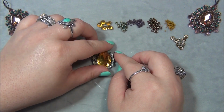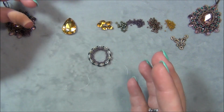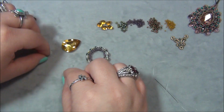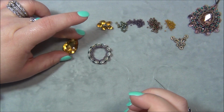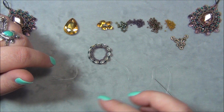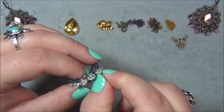It looks great. But if you're doing a different stone, I should have showed you, before you put the seed beads in between each 2, you would just wrap that little chain stitch around here. It will be a little looser. It shrinks, of course, but that's how you would figure out how many lentils you would need to bezel any other stone. Okay, so now that I have this,